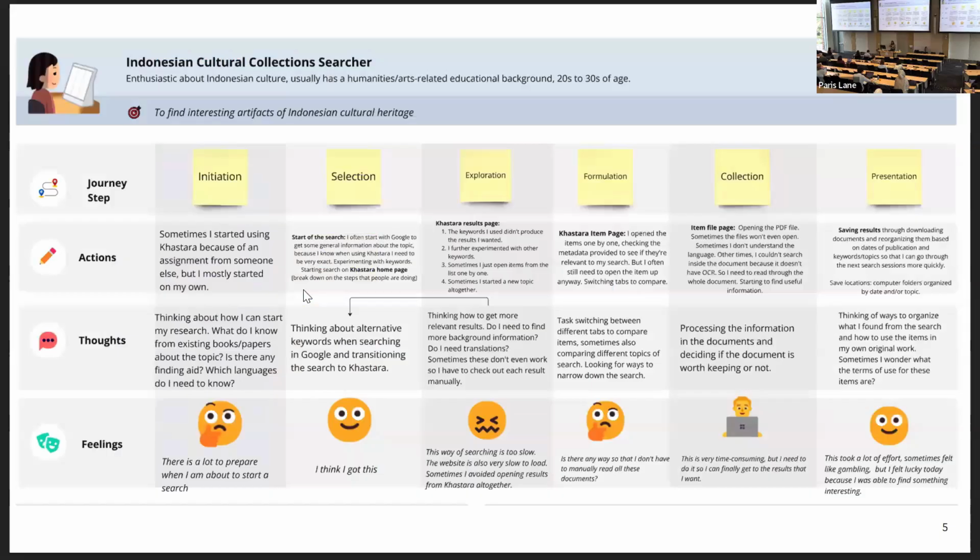Here I described user search experiences based on the interview data by dividing their activities into the six stages according to Kuhlthau's information search process model. And as you can see, I also described their actions, thoughts, and feelings according to the interview data. I added some descriptions about the usability problems that they experienced and demonstrated during our interactions in the interviews.